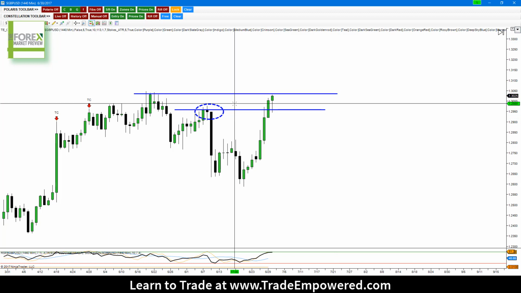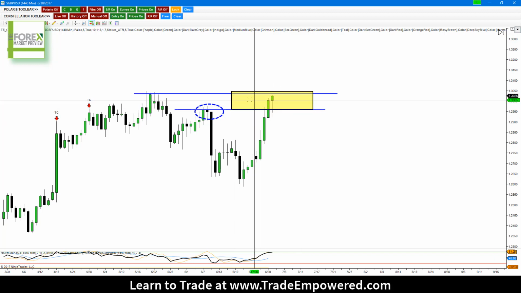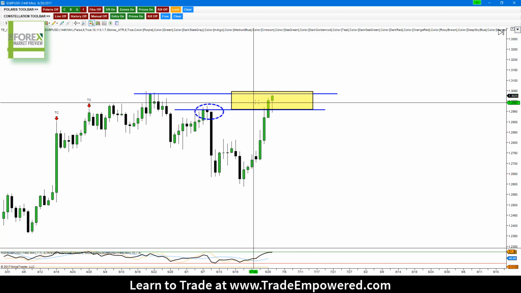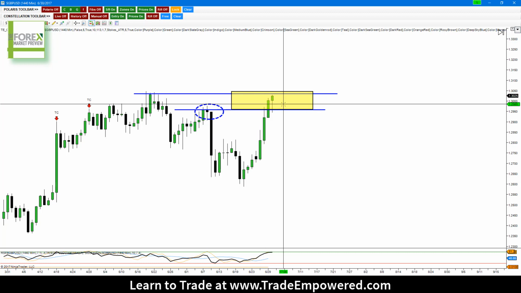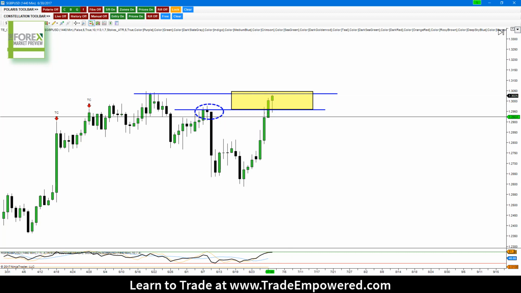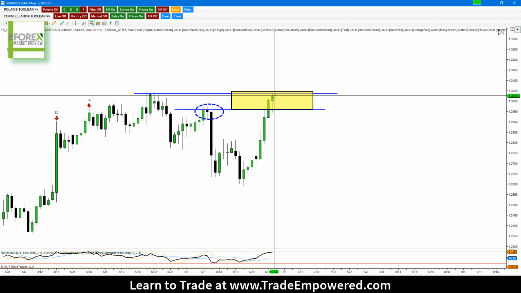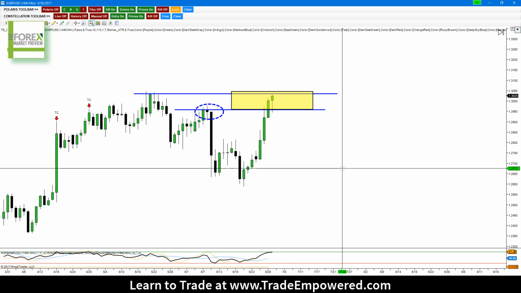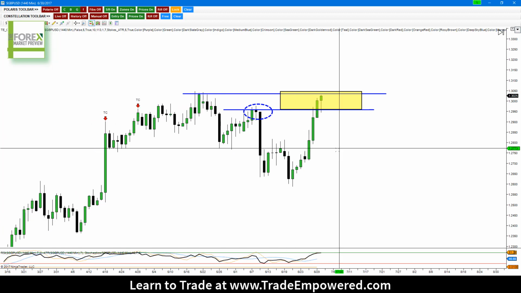And typically the level between our higher resistance and our lower resistance here becomes kind of like a trap level. The market knows that traders are going to be looking at this level. The market knows that stops are going to be right in this level right here. And sometimes it can become a very sneaky trap where traders will get stopped out and the market will go ahead and reverse at the higher level. So it was something that I did not involve myself in. I was looking at it. But just in general, you want to be aware of levels like this.